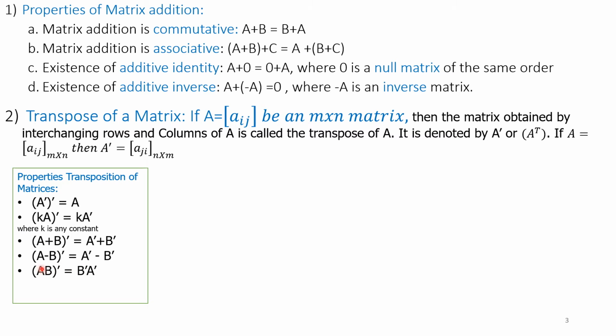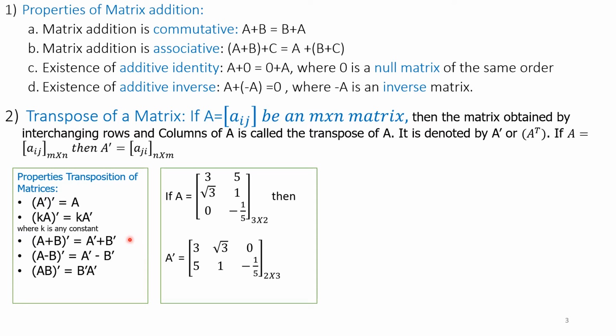And (AB) dash is equal to B dash A dash. These examples will be worked out in the subsequent slides. In part A, that is in this video, we are solving simple problems of 1 mark. And in the next part, part B, we will be solving 2 marks questions as well as 5 marks questions. So there we will solve both simple as well as complicated, longer types of answers.